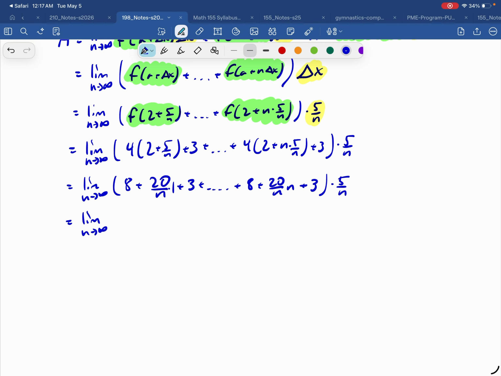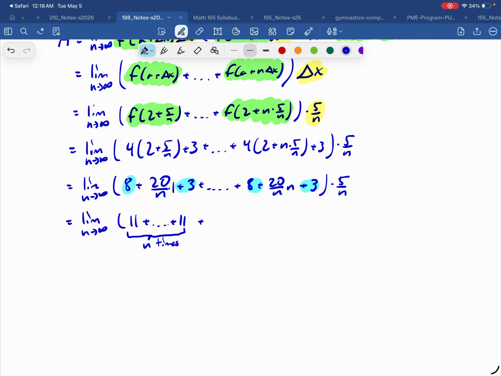We can rearrange this as, note that we have, I'll use blue for this, 8 plus 3, 8 plus 3. We have that n times. So we can go ahead and write this as 11 plus blah, blah, blah, plus 11, n times